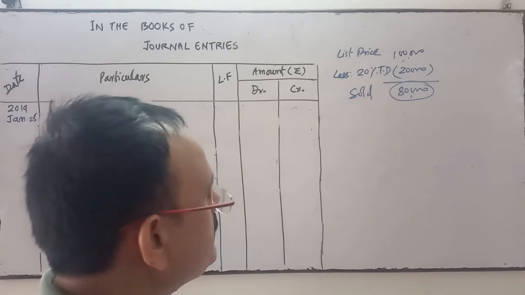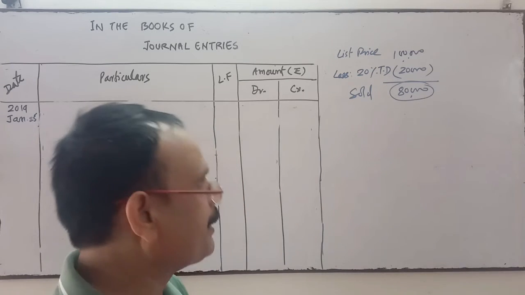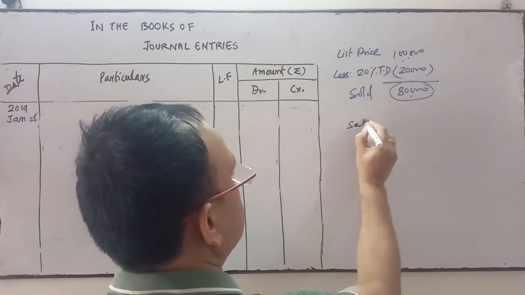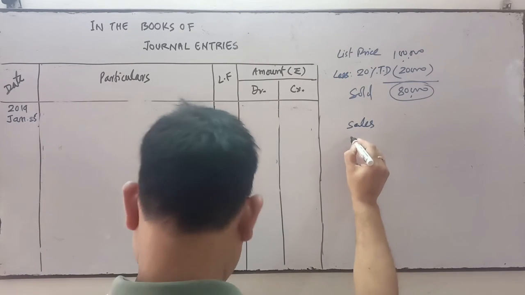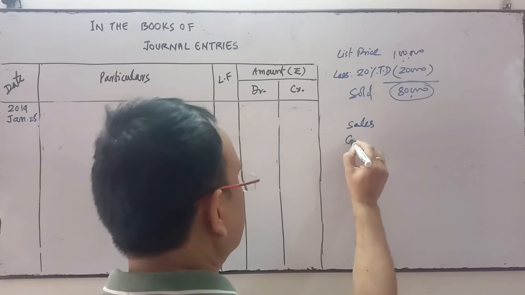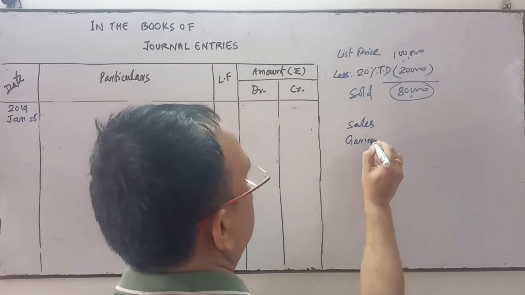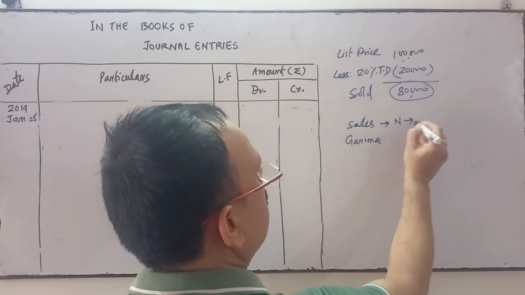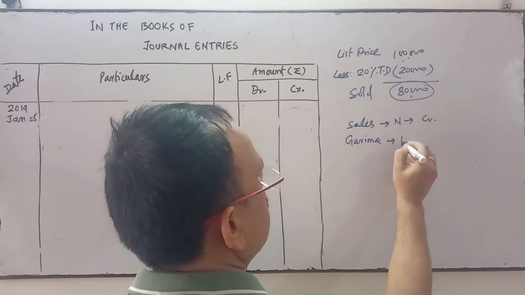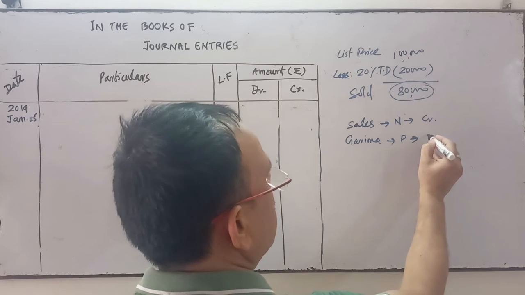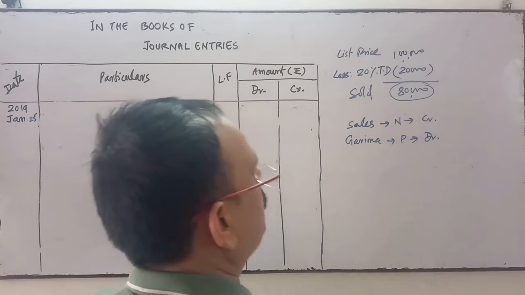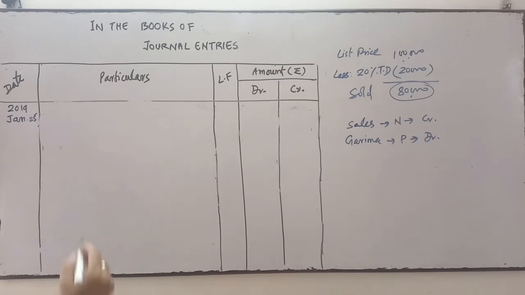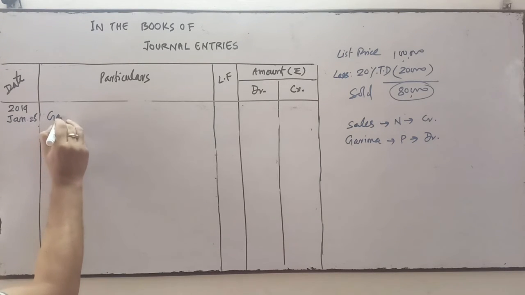So here we will consider that on January 25 it is a credit sale. So two accounts will be open, the sales account and the account of the party to whom we have sold, Garima. Sales comes under the nominal account, all incomes and gains credited. Garima comes under personal. Is she the receiver or giver? She is the receiver. When goods are sold to Garima, Garima is the receiver of the goods. So simple entry, Garima account debit